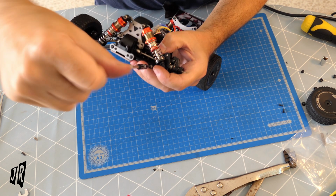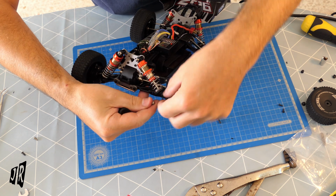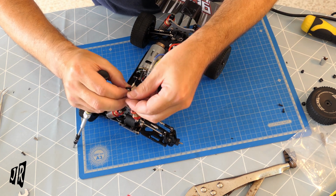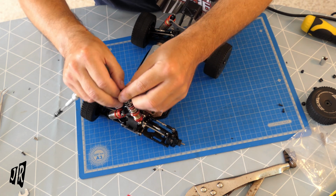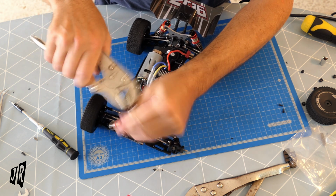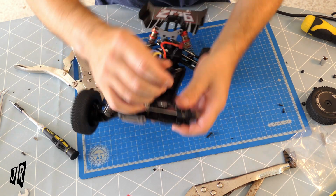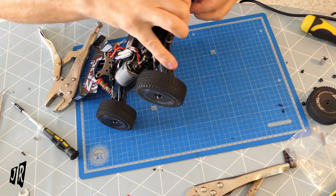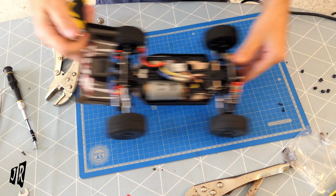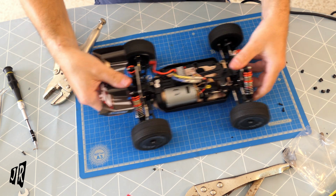Oh, plonker. Oh, not paying attention. I snapped that. No. There we go. That was silly, wasn't it? Beautiful, all repaired. So there we go. Need to get them out and test them obviously, but I think they're repaired and the drive shaft's definitely not